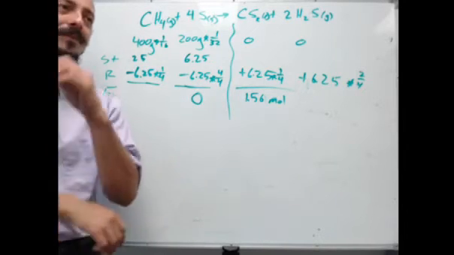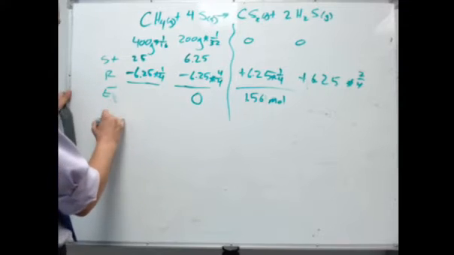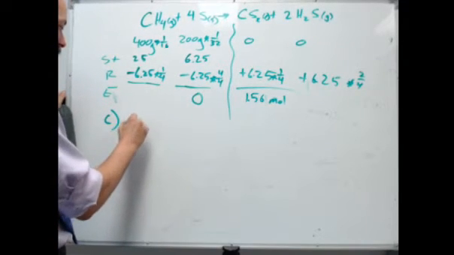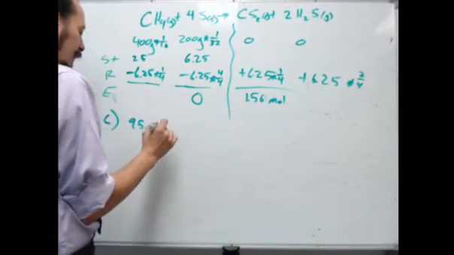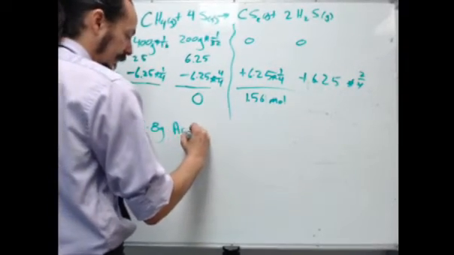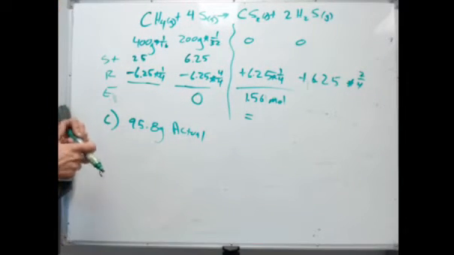And there's a C part to this, and this is, what is the percent yield if the actual yield of carbon disulfide is 95.8 grams? So let's go ahead now for this part. Let's figure out how many grams we have here. So that's